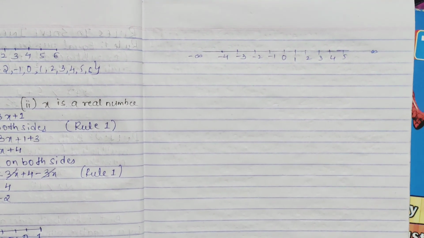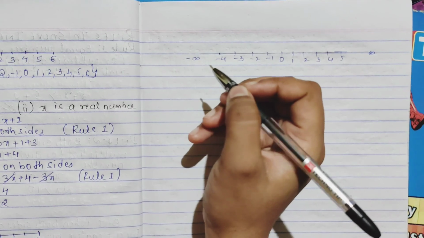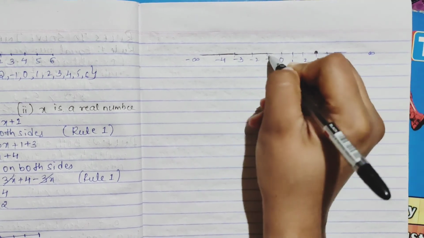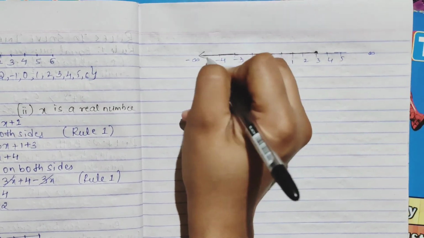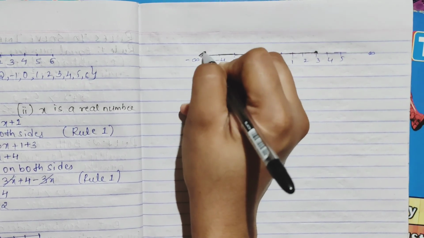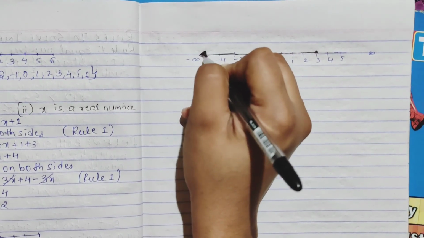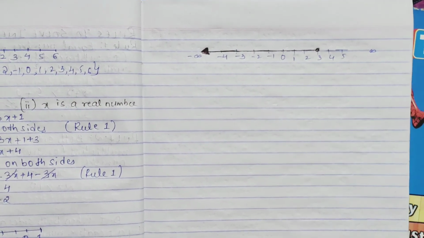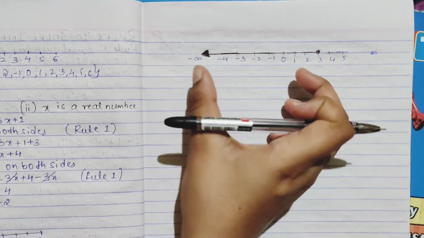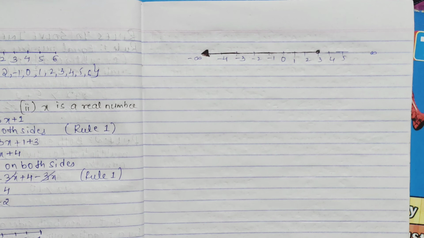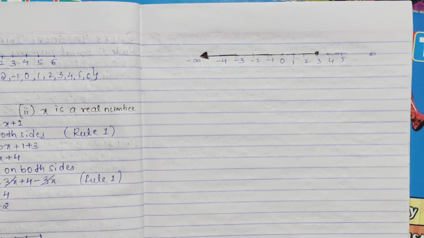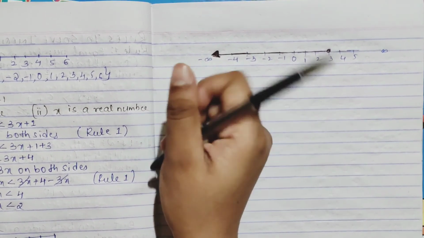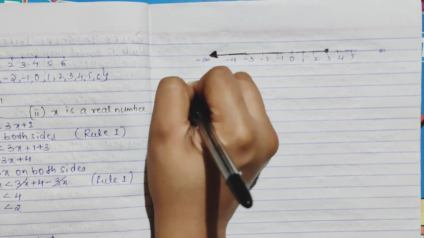On the number line, it is up to 3 that we are taking. When marking, it will start from minus infinity up to 3, like this, with an arrow. This means that 3 and minus infinity are not included, but everything up to here is. x is less than 3 means whatever lies between, if they give the condition, this statement holds true. Understood?